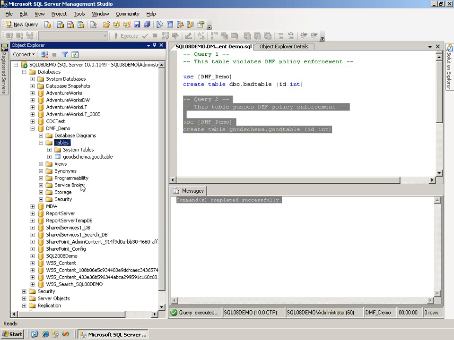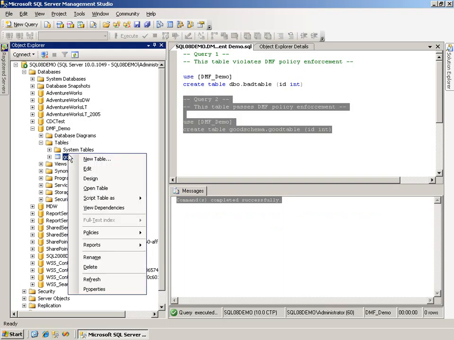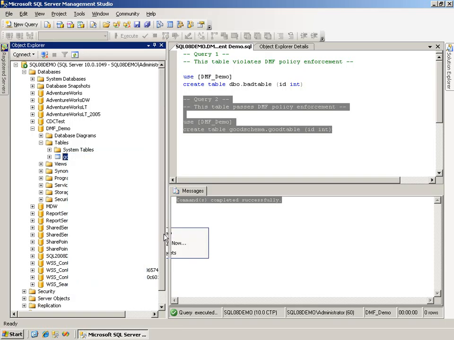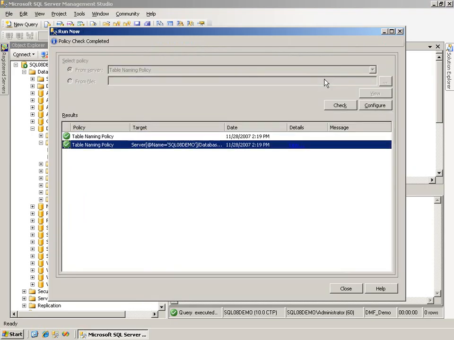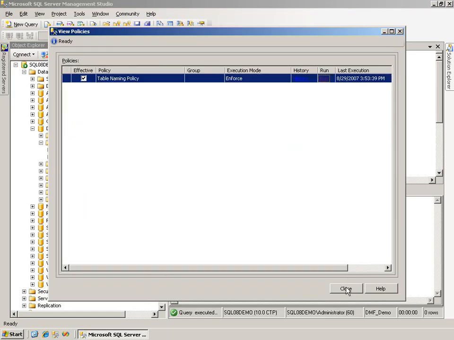When we right-click on the new table to inspect it, we do have a new menu option. As you can see here, we go into our policies. Now, each object in SQL Server 2008 has this new option to help manage the policies that are associated with it. So as we view this policy, notice that there's just one policy active. As I click Run here, we're going to be able to run the policy. We get a table that shows us the results. The green check marks show us that it does indeed pass the policy check,